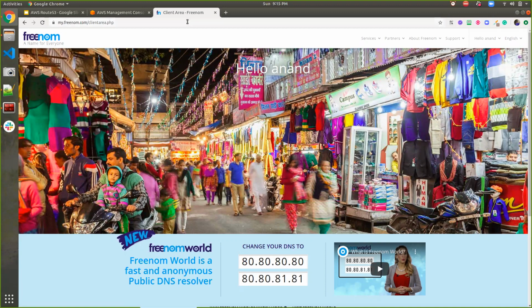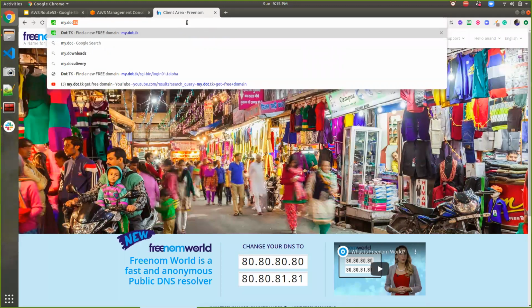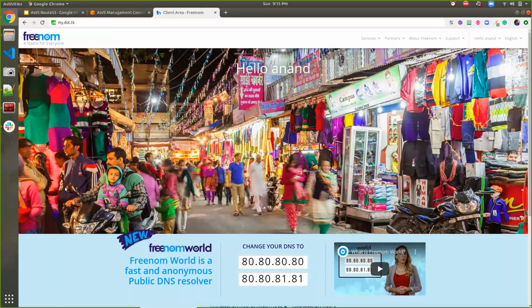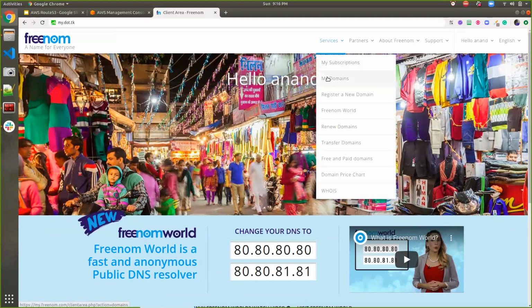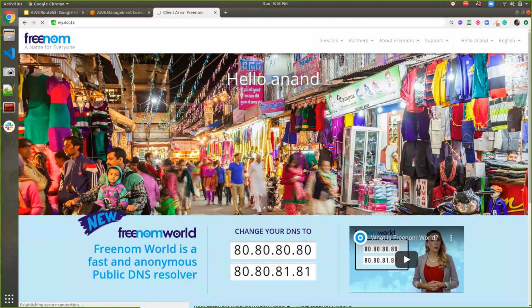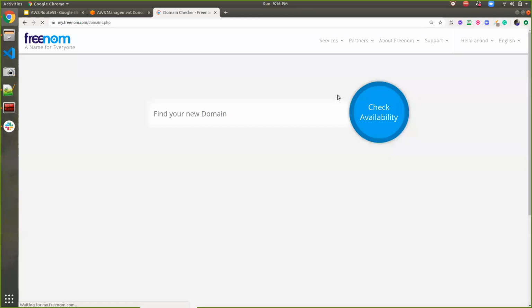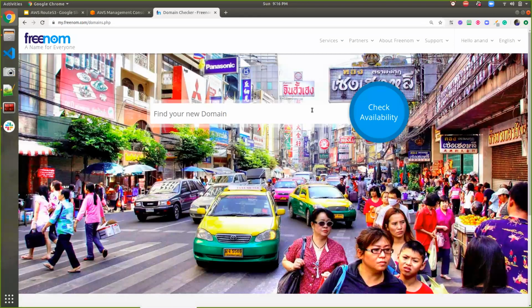That is a website. I can go to the my.tk website, and it will be redirected to freenom.com. Here we can create a free domain with domain names ending in .tk, .ga, .ml, and .com domains are also available, but those are chargeable. Here I'm creating my domain by registering a new domain, and I'm using it only for demo purposes. If you want to buy, you can go ahead and buy the original domain names.